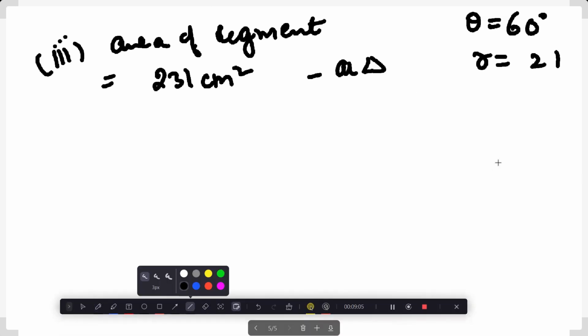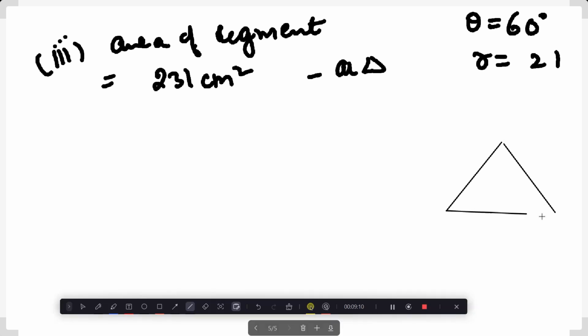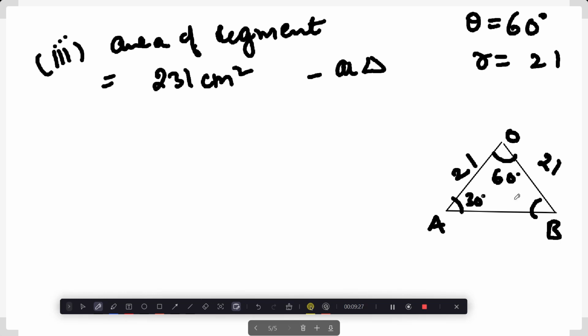So now let's look at this triangle closely. This is that triangle, right? This is 21. This is 21. So obviously these two angles are equal. We know this is 60. These two angles are equal, so it's obvious that they are 30. Do I need to tell you why it's obvious? I hope not, right? So you know these angles. Again, I'm removing this because of the bheed.